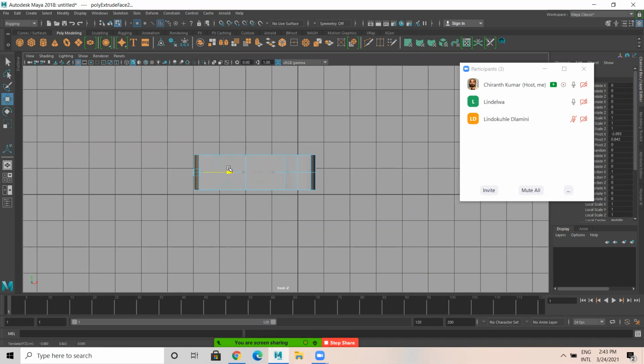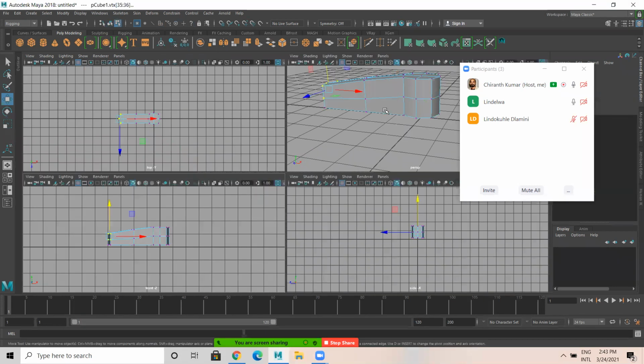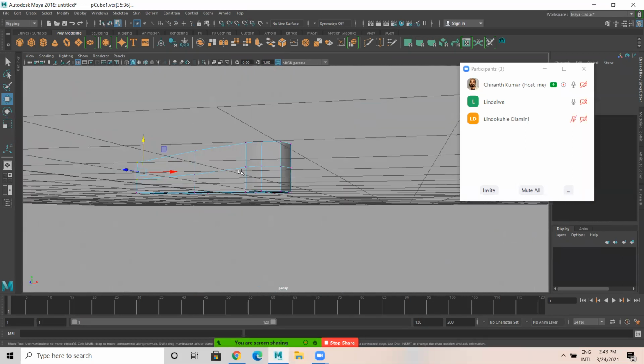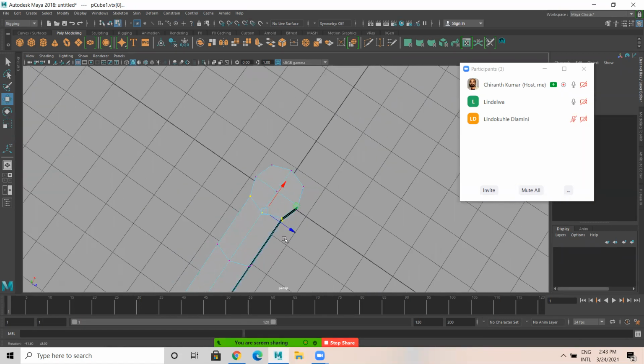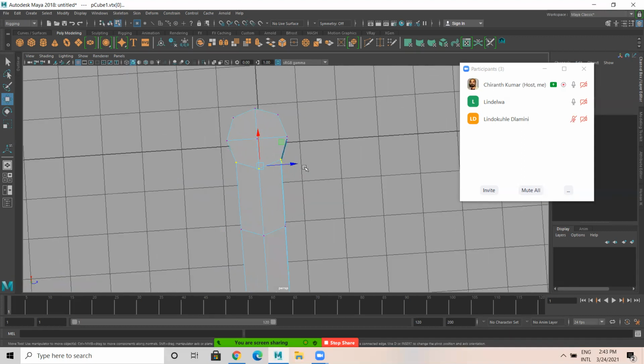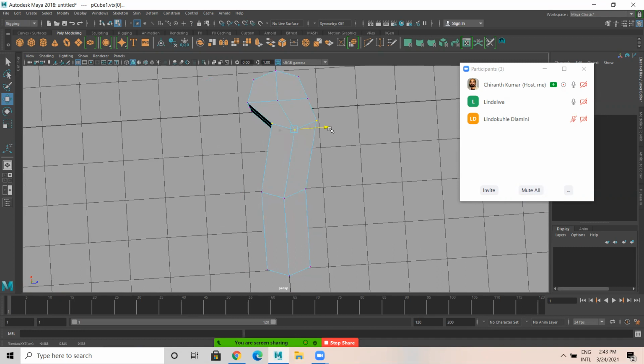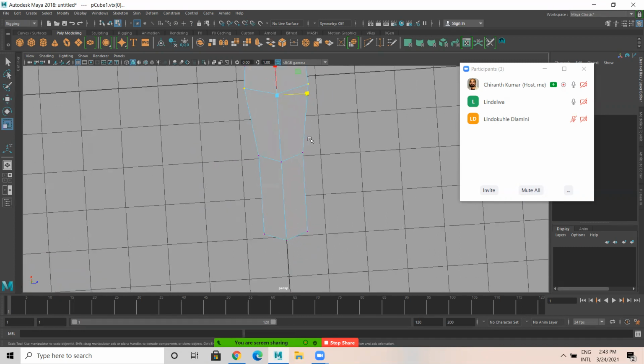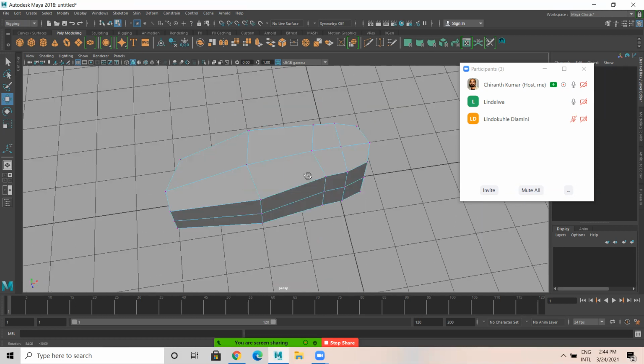Again, I extrude here, like this. Then later, something like this.